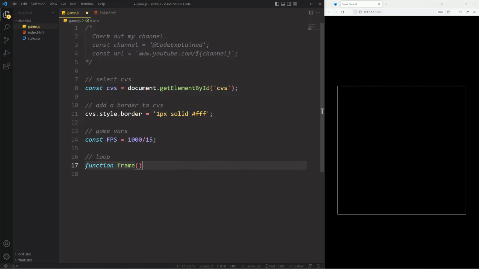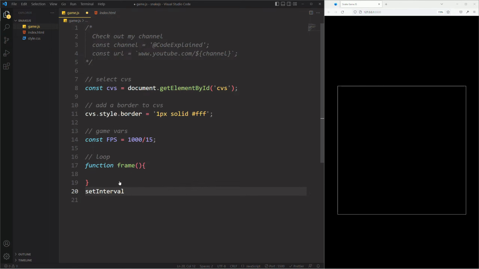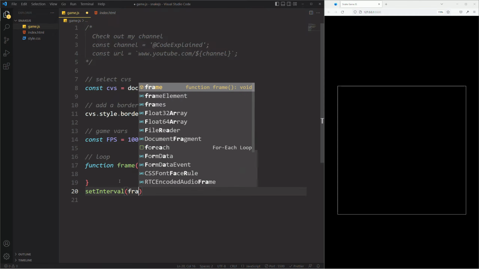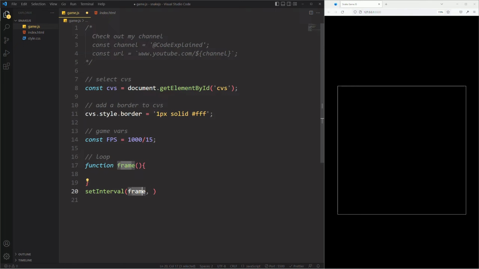So that's the function that I want to use to draw the snake, the food, the board, and also to move the snake. This function here must be called 15 times every 1 second. That's going to be done using setInterval, and then I'm going to pass in the frame, without the parentheses here, because I don't want to call the function. setInterval is going to call the function, so I just need to pass the function definition to